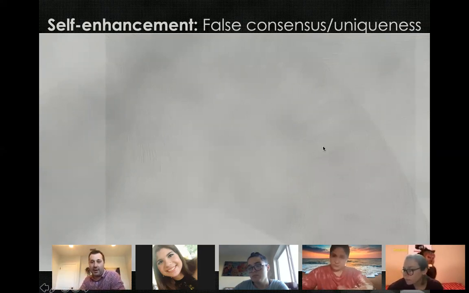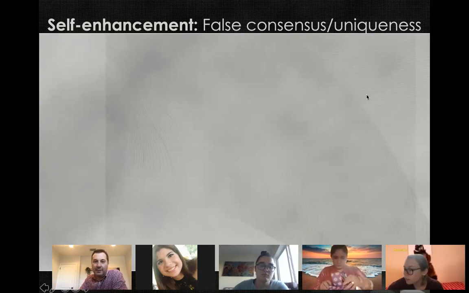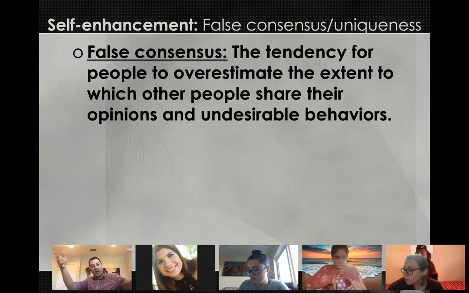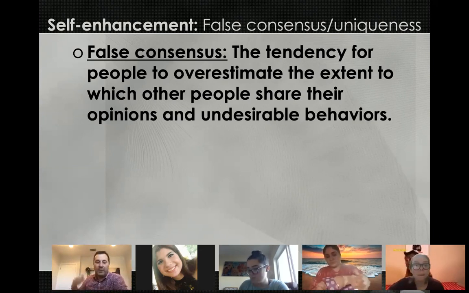Okay, so those are self-serving cognitions. Let's talk about a couple other strategies that people have as well. We'll first start by talking about false consensus. This is a tendency that we have, that when we are estimating how many other people also share our opinions or also share our undesirable or negative behaviors, we have a tendency to overestimate that. So for example,